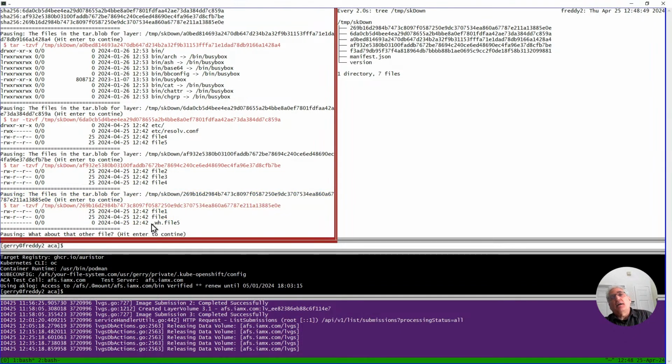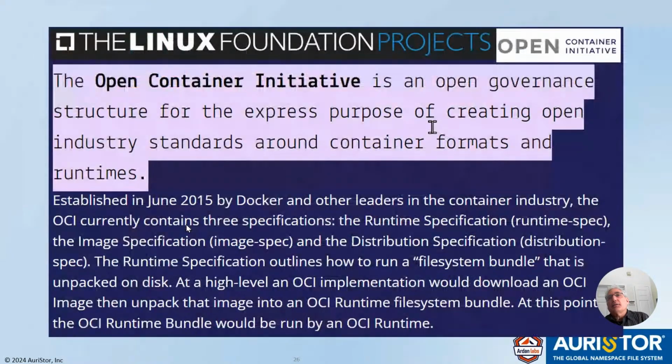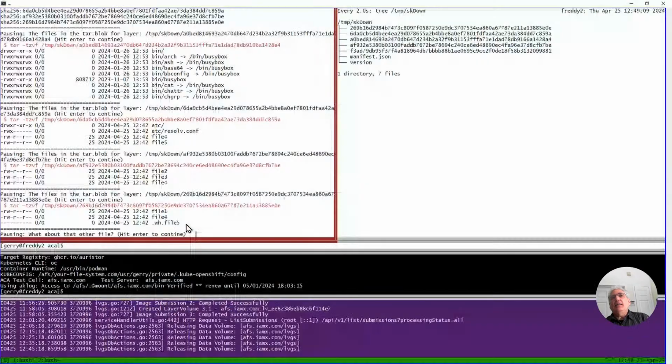Notice this weird file, this .wh whiteout file. If you remember, I was talking about this. They said if you want to indicate in a tar file corresponding to a layer that a file has been deleted, rather than putting a file with that name, put a file .wh and that file name. So that's one of the standards of the container images. So that's called a whiteout file.